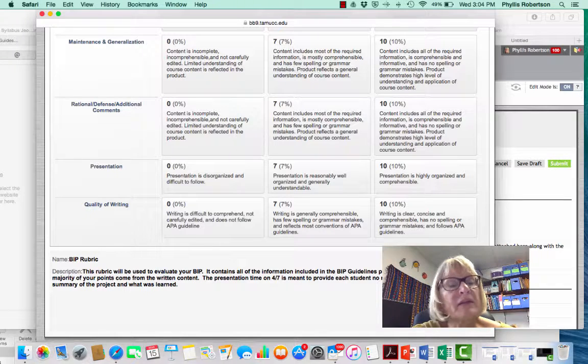So remember, you're only going to have 6 to 7 minutes to do your presentation. You need to share only the most important information. You need to do it in a way that is comprehensible and compelling for your peers and for myself. Your writing needs to be in APA format. You need to make sure that you're including references, particularly with respect to the interventions that you are proposing, and that you are taking the opportunity to practice those professional writing skills. If you have any questions, again, about either the guidelines or the rubric, please let me know,